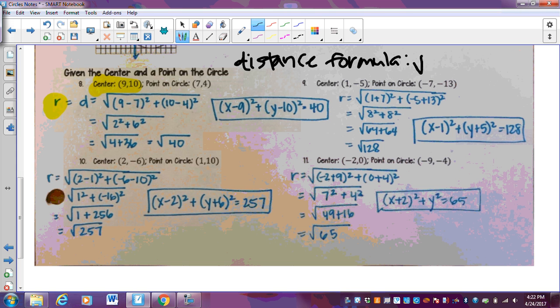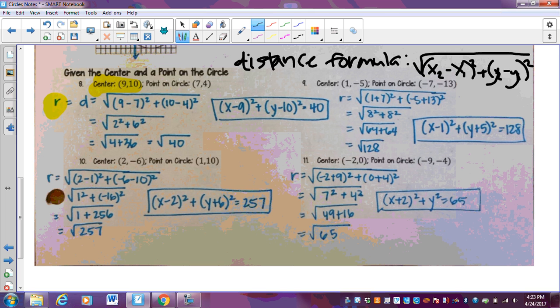And that's going to be the square root of x2 minus x1 squared plus y2 minus y1 squared. I know that's kind of hard to read, but hopefully if you were listening, it was x2 minus x1 squared plus y2 minus y1 squared. So you subtract the x values and you subtract the y values and then square them and add them